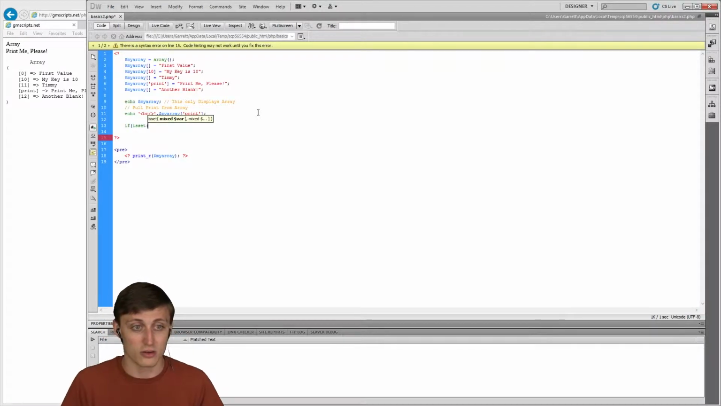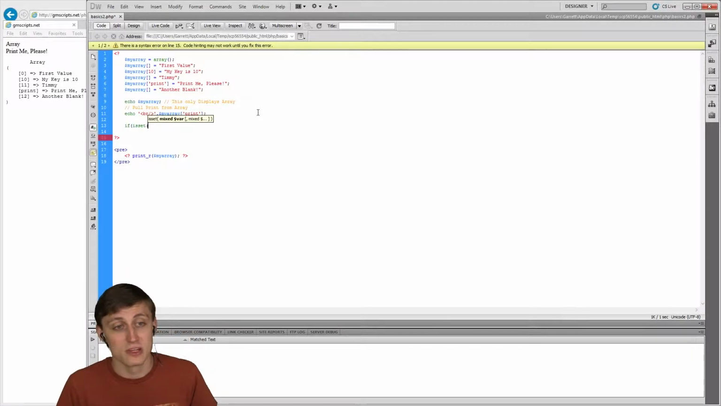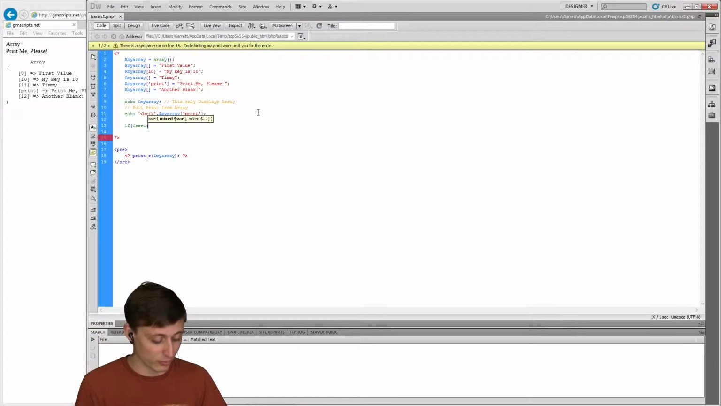So I'm going to set another left parentheses around it. So I write if, parentheses, isset, parentheses. Now I'm going to call my variable. So in this case, my variable is my array. And this is an array, so I'm going to actually try to find something. I'm going to type in